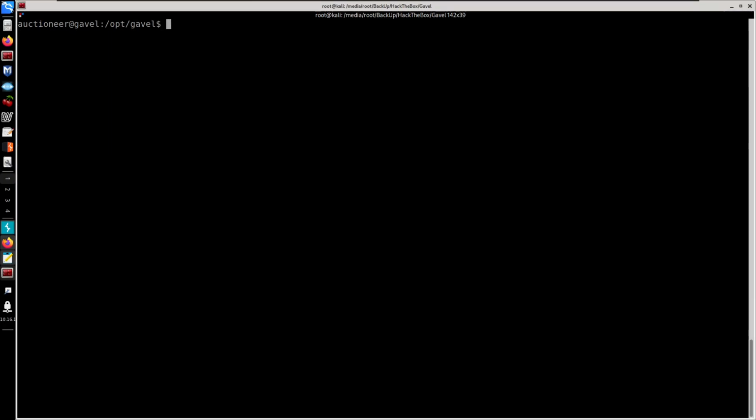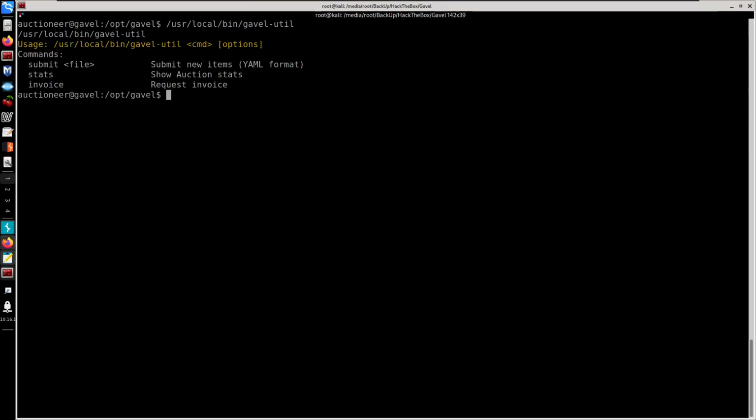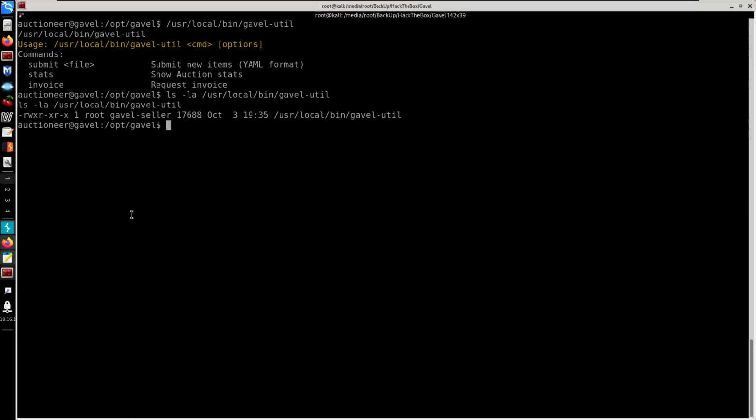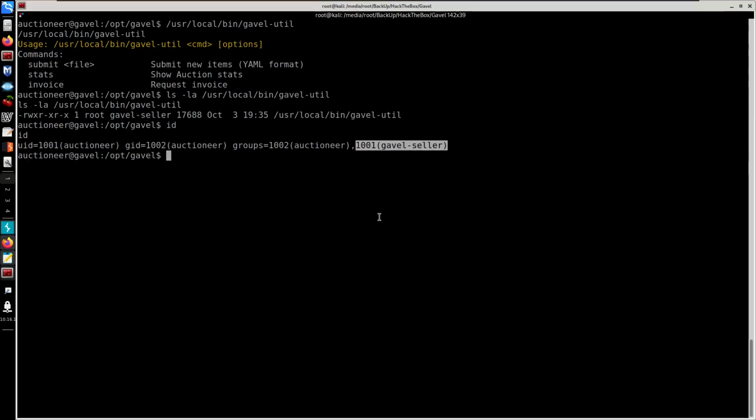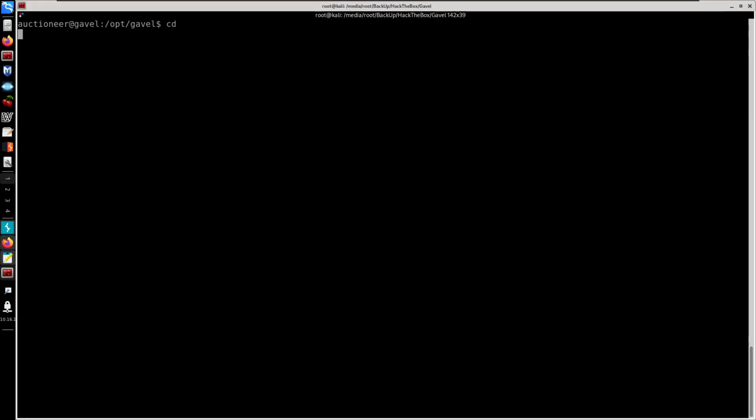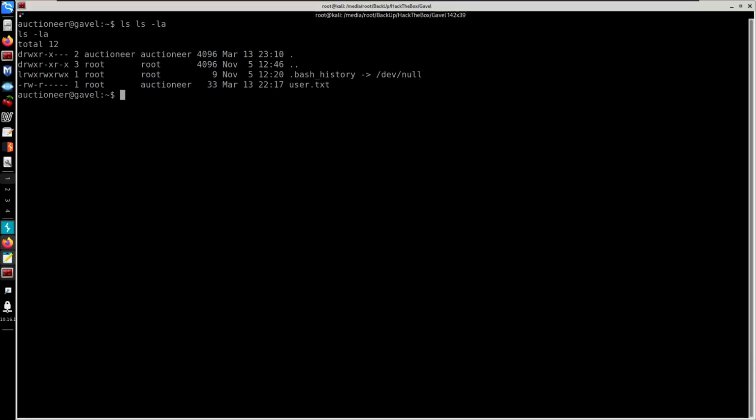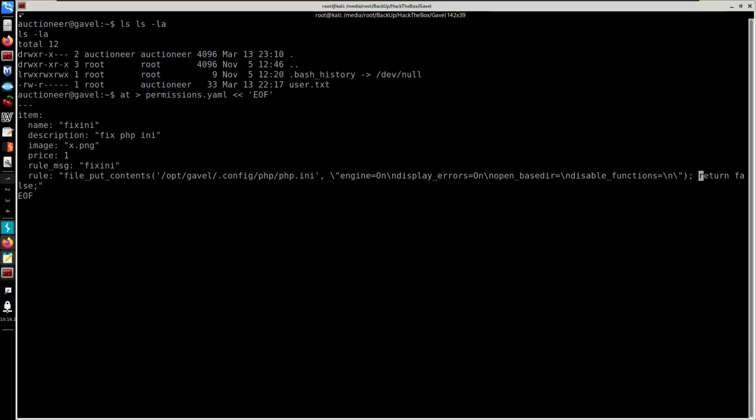And can we execute this? And it does seem like we can submit, status and invoice. The reason I want to run ls myself, we do have a root and also a Gavel seller. We're under Octitianer, but if we do ID, we can also run this as a group 1001 for Gavel-seller. So I'll do Control L. Let's go back. I'll go under my home directory. I already do have this